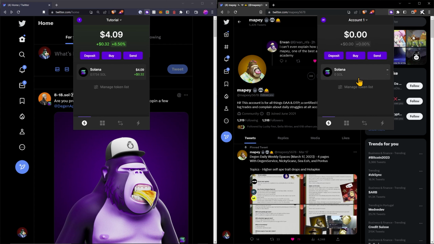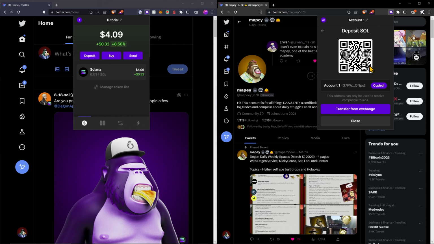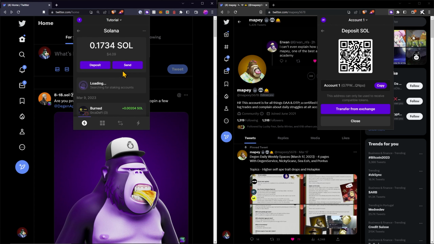Anyway, let's dive into actually doing a transaction. Let's say you're first starting off on Solana and your friend says, hey, I'll give you a little bit of Solana, you can go and mint your first NFT. What you want to do is click on deposit and then Solana and copy that address, or you can scan this QR code. Then paste it and send it to your friend on any messaging app, and they will scan this, then go here and click send,